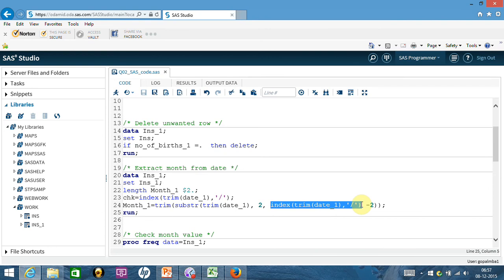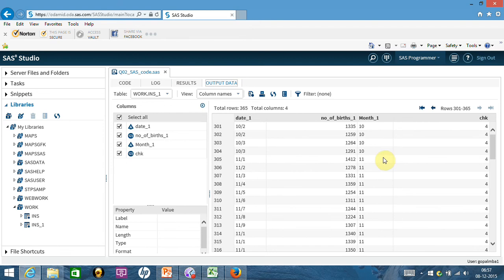So what will it return? It will return very much what CHK is doing. If you take a look at the first column, CHK will return 4. You are starting with the second character, third, fourth. Only then can it come as 4, this forward slash. So you are saying 4, and because you are starting with 2 characters, do -2. Then you are taking the second and third character only.